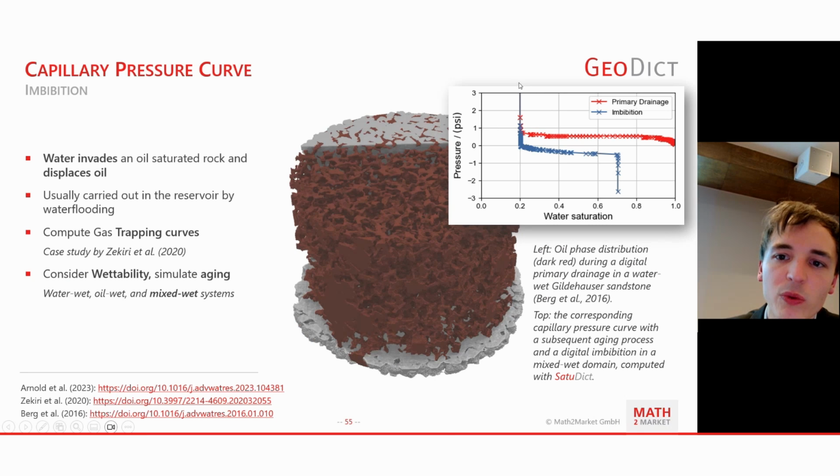Imbibition would be: we release the pressure at which the oil was pushed inside of your structure. And by releasing that pressure, the water flows back into your structure. That is usually called a spontaneous imbibition. But if we then start water flooding and push water into our structure, that imbibition becomes forced because we apply an external pressure to the structure as well.